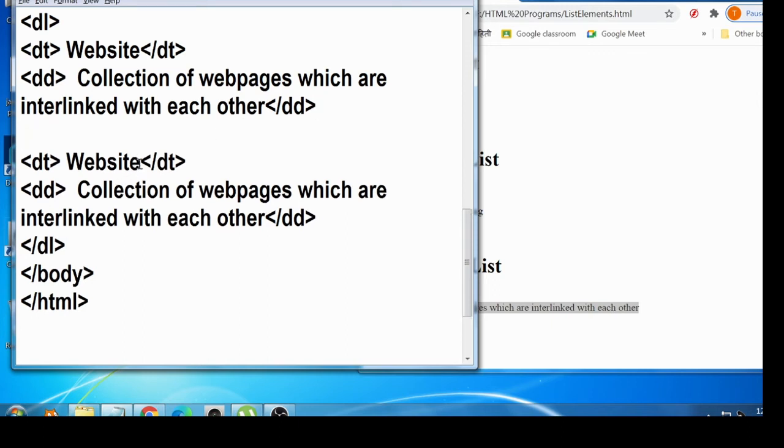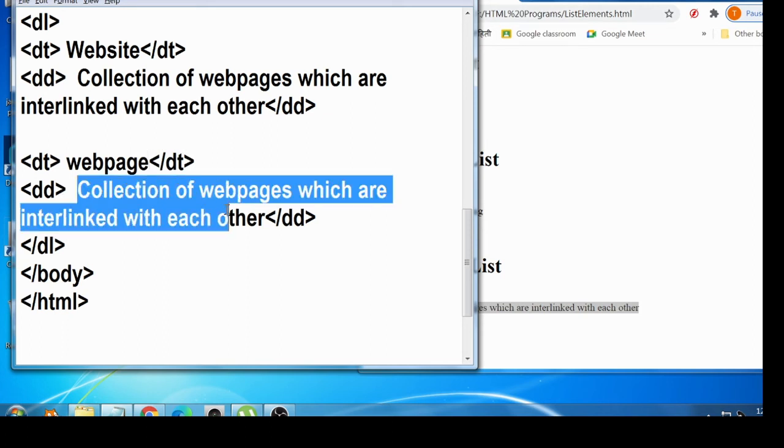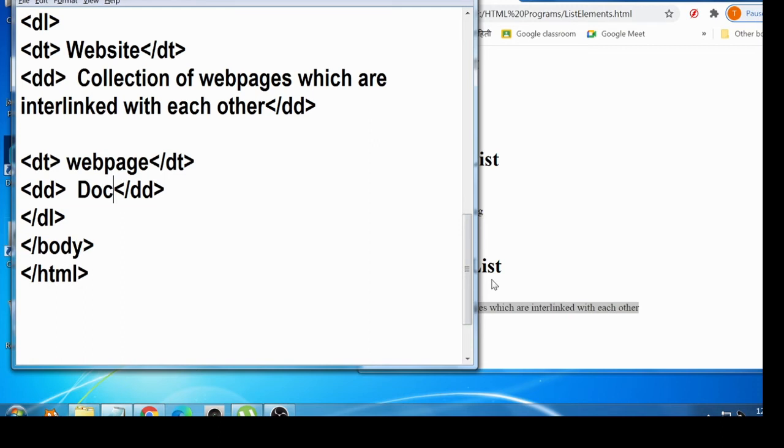Here I simply copy and paste the two terms. The second term is a web page, and the definition is written within the DD tag.